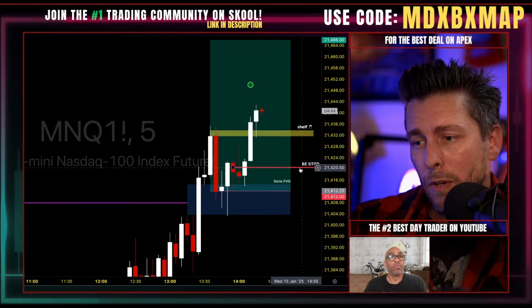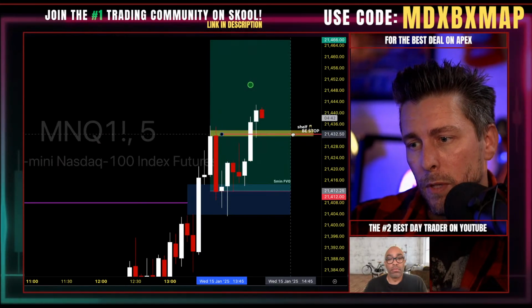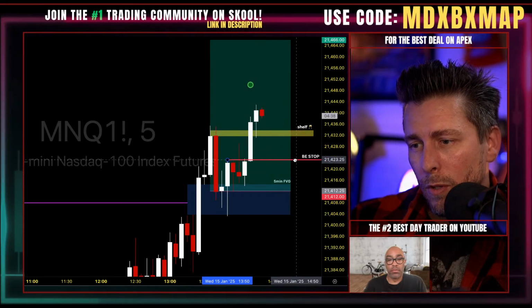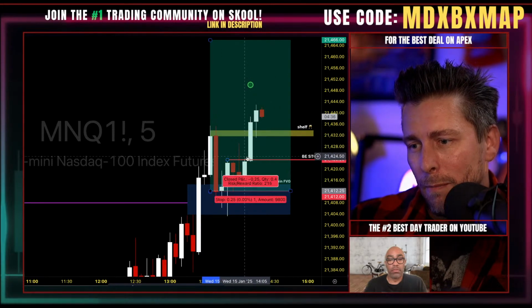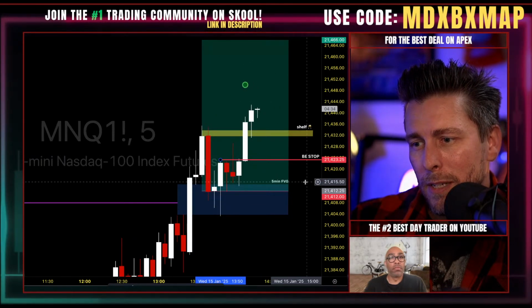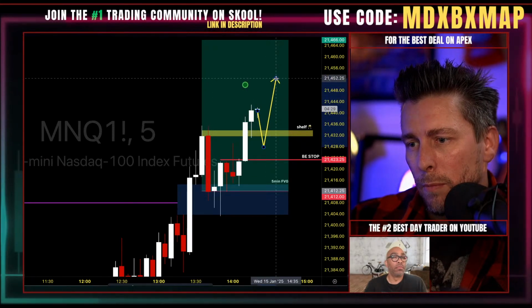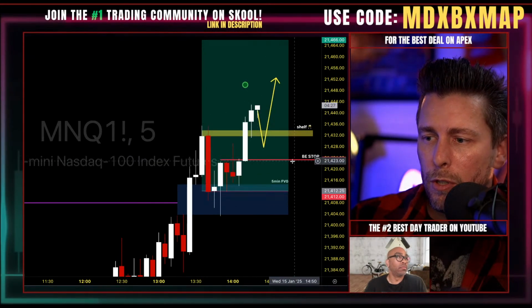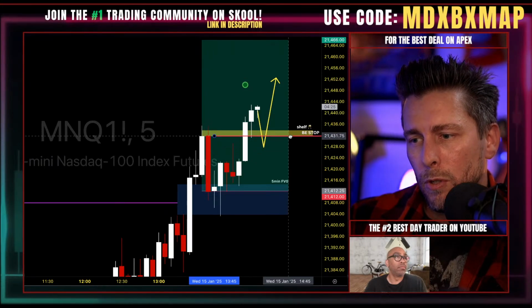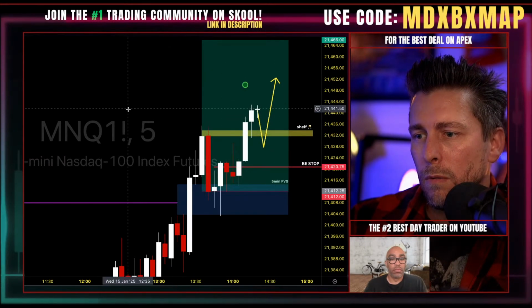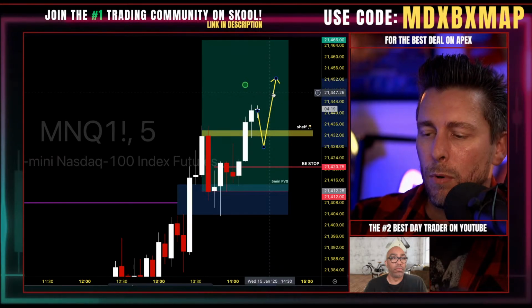You're not going to want to do this if you're in a prop account, but what I can do is move this up to the shelf as long as we can get a retest of that shelf. I'm a little wary of this fair value gap. It hasn't been tested yet. I think price could go down, test the gap, and then push up to the highs. But if she keeps pushing here, we're going to have to play this smart. Push this break-even stop up to the shelf, follow price as it goes. So, very nice trade. We've got to give price room.